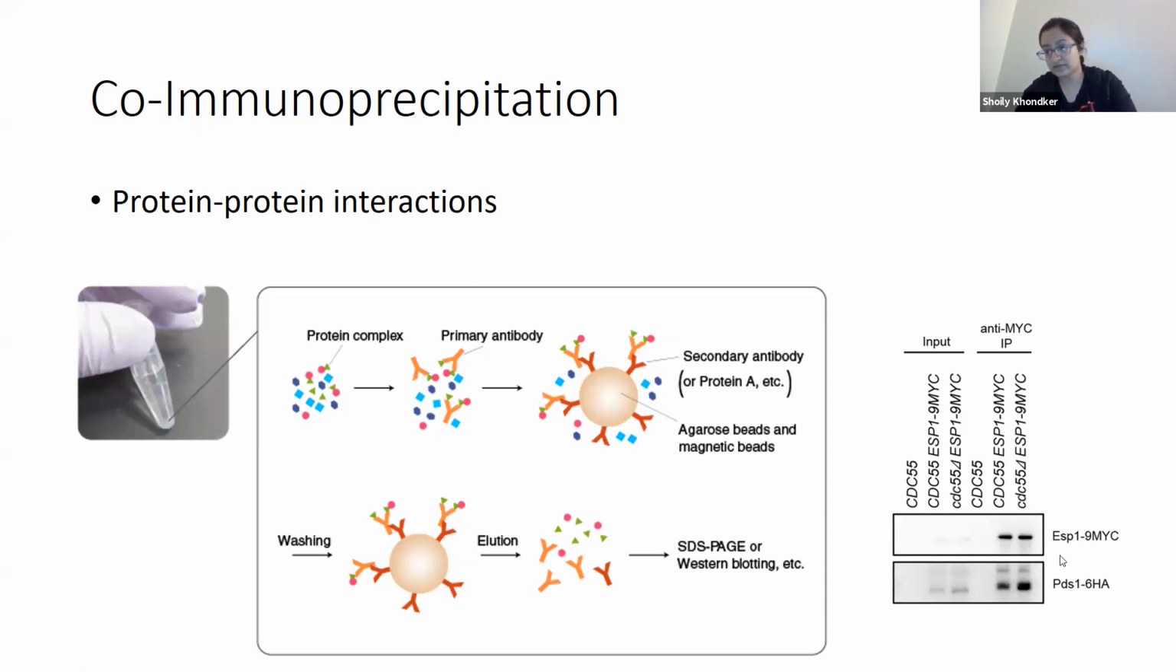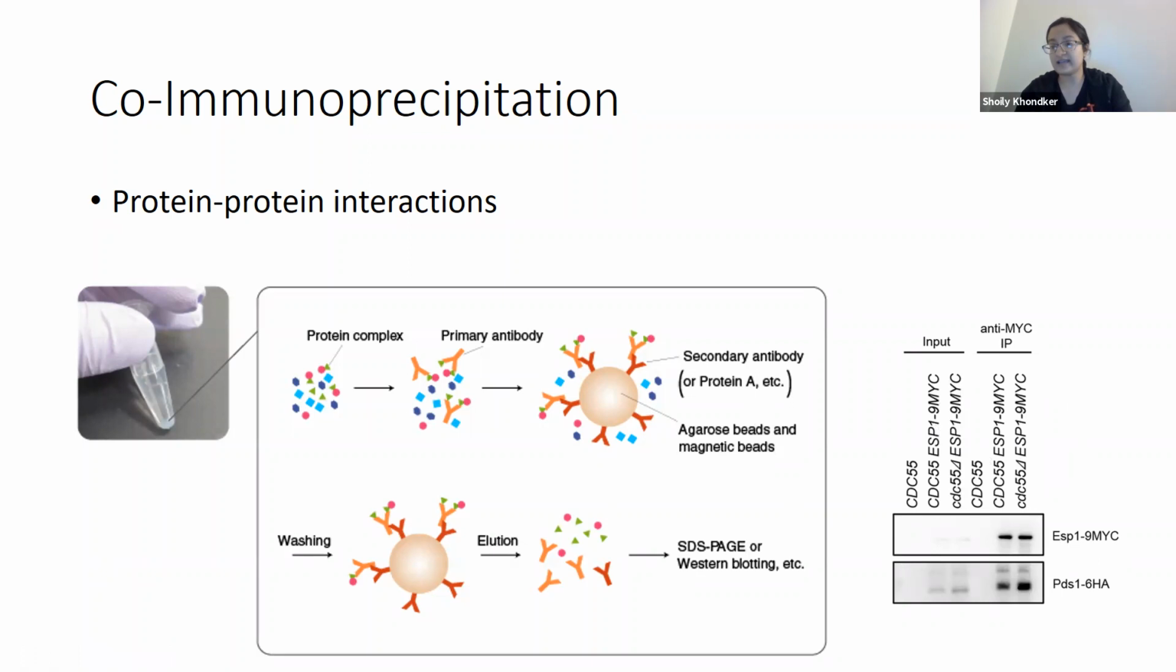So these were two proteins that were examined in this figure. One is called ESP1, and it was tagged with an antigen called a MYC tag. And beads that were conjugated to an anti-MYC antibody were used in this experiment. And a second protein, which is referred to as PDS1 here, was tagged with another antigen called HA. So basically what was done here is that these cells that were of different strains were broken up,